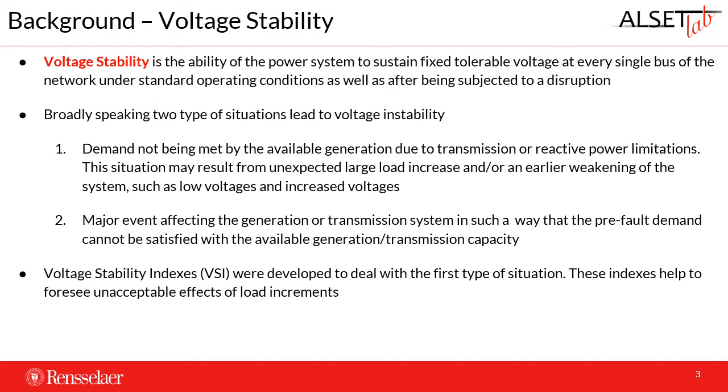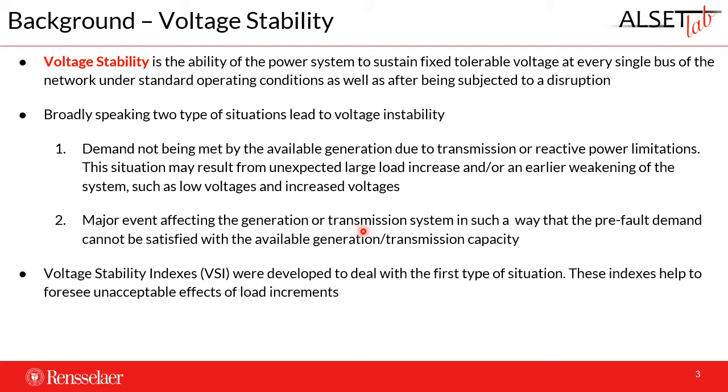Voltage stability is the ability for the power system to sustain fixed tolerable voltages at every bus under normal operating conditions, as well as being subjected to a disruption. So this leads to two mechanisms that result in voltage instabilities. One is where the demand cannot be met by the available generation system due to transmission or reactive power limitations. This typically happens due to small load increases and limitations in transmission capability, whereas the second major event will affect